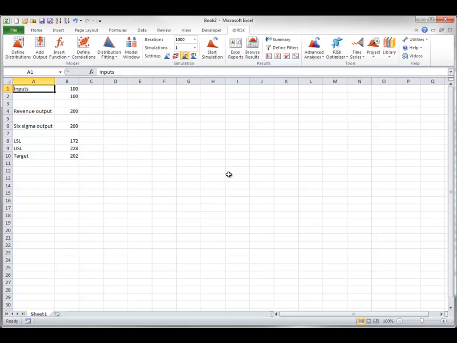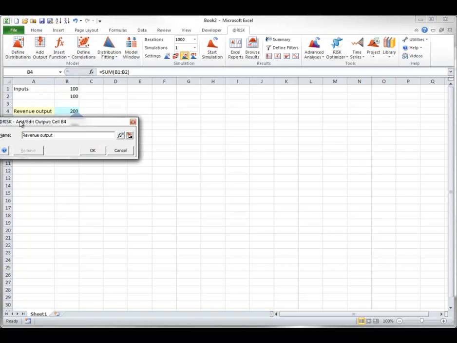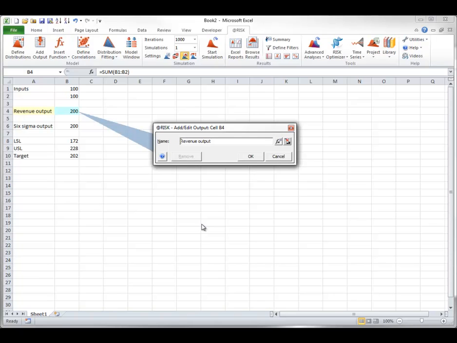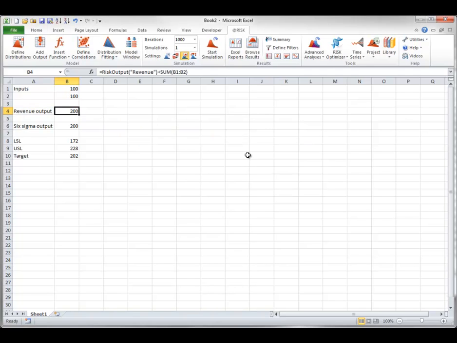As a simple example, suppose you select an output cell and click the Add Output button. This suggests a name for the output, but you can override it to say Revenue. Then you will see that the function RiskOutput of Revenue has been added to the formula. However, there is another way you can do this. From the Add Output dialog box,